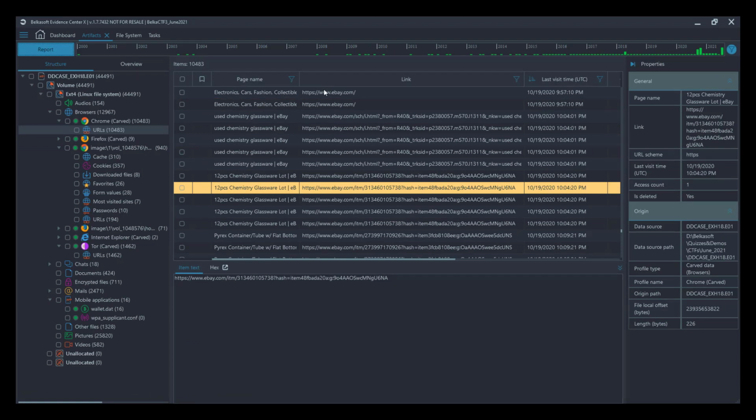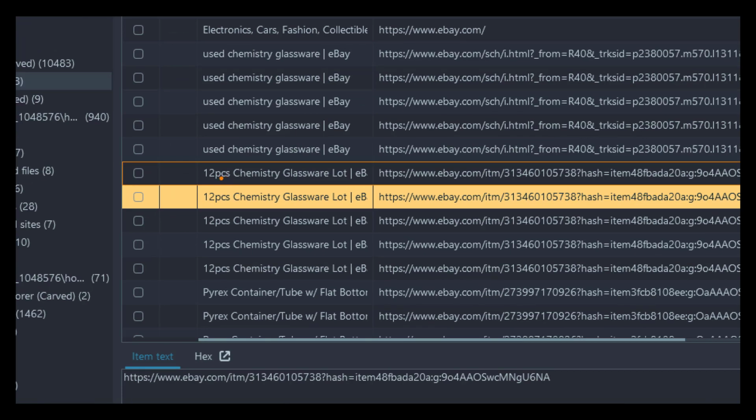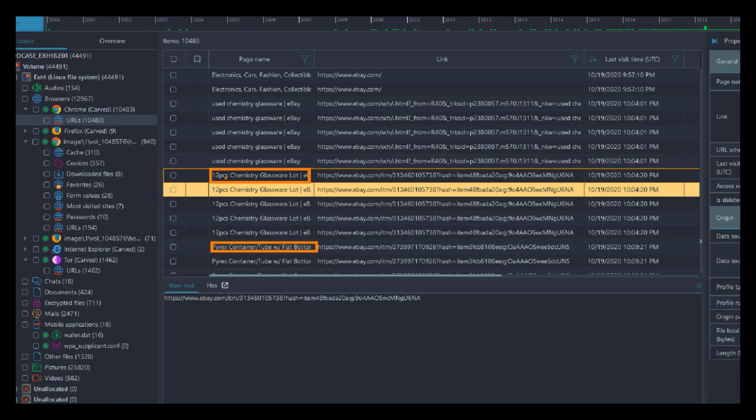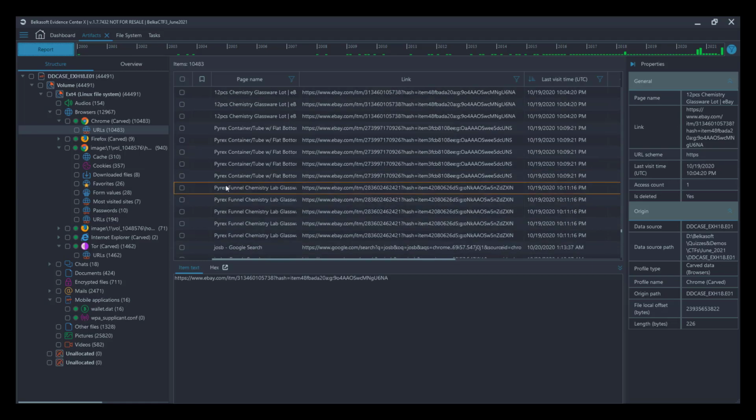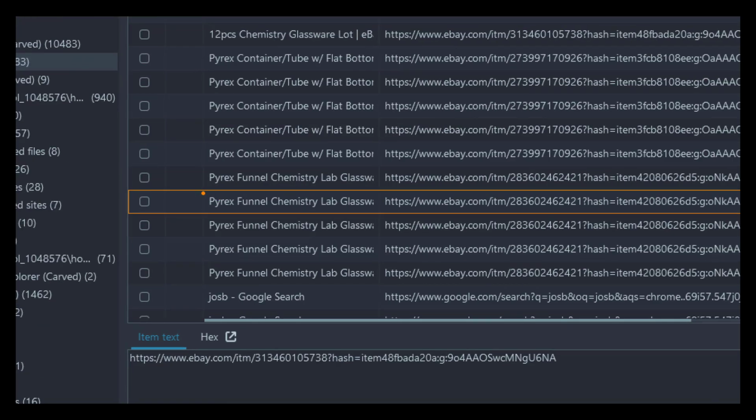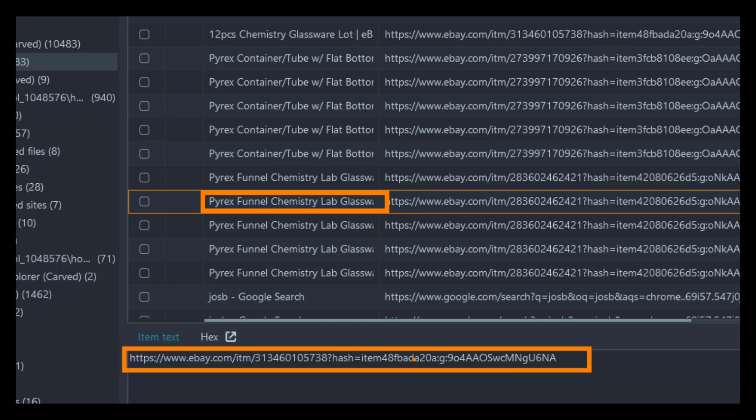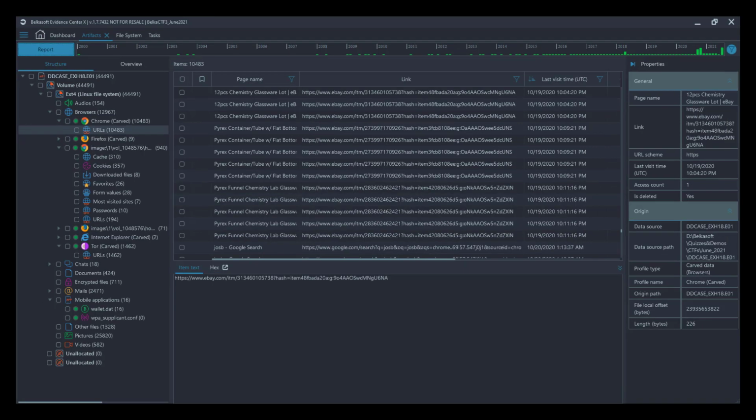So we select URLs, and what we're going to do here is either look through the link for eBay, or we can again filter by the date 1019. So what we did here is we just scrolled down to the date. We're looking at the 3 different items that were viewed based on the URL artifacts. And so right now we have that 12-piece chemistry glassware set, the Pyrex container tube, and the Pyrex funnel chemistry lab. So now what we need to do is copy these URLs that are found in the item text viewer,